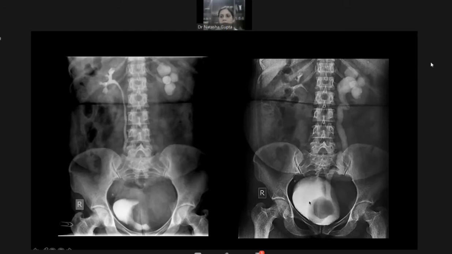Yes, so tell me now, we are having 2 possibilities. One is an extrinsic lesion, and one is you still want to keep the submucosal bladder mass as the DD. So now how would you arrange them in the order? What would come 1 and what would come 2? First would be extrinsic because of this mass effect that is not being explained by a primary submucosal mass. And second would be, based on the morphology alone, a submucosal mass.